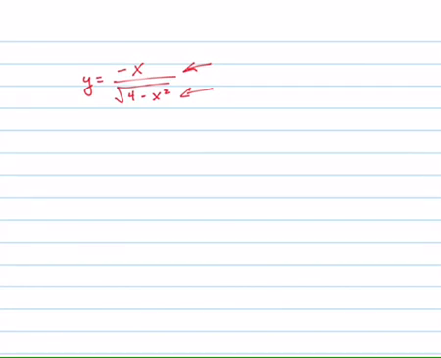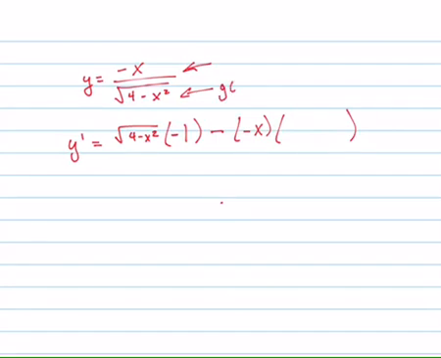Sometimes you can rewrite it so that you don't have functions on the top and bottom. You just have constants, but in this case you can't really do that. So think of it as the derivative is going to equal low d high, low, there's your low, d high, which is just going to be -1, minus high, use parentheses, d low,